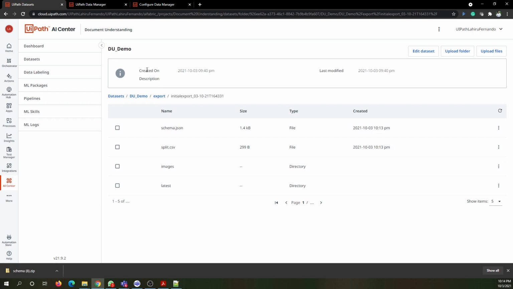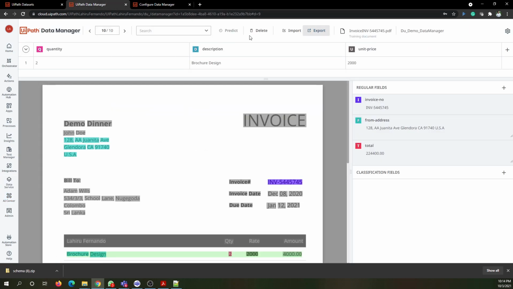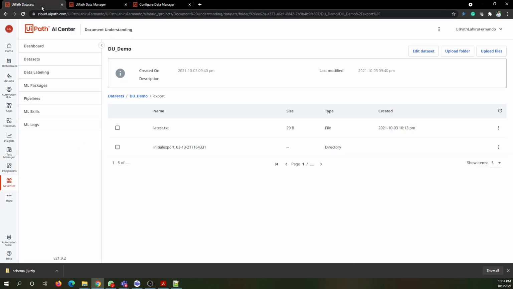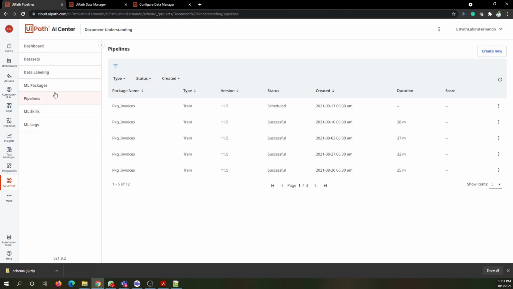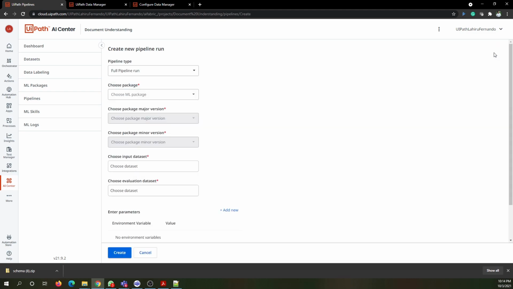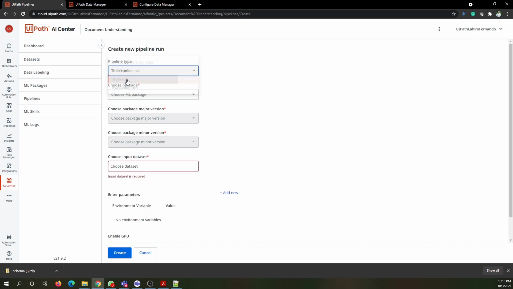Okay. So you have done the export. It stopped flashing. That means the export is done. So the next thing is go to pipelines. This is where we do the initial training. You can click on new, and for now you don't need the full pipeline. Full pipeline means training and evaluation both. For now we don't have any evaluation data. So we can just go ahead with training,